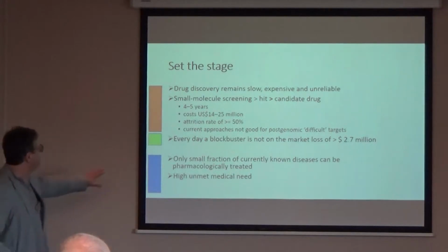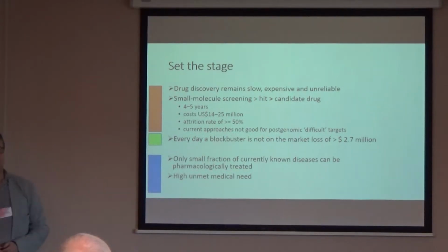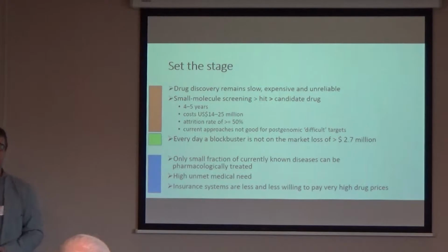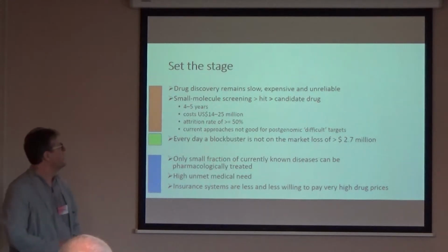From the societal view, or the view of the patients, there is only a small fraction of the currently known diseases which can be pharmacologically treated. In the textbooks you read that something like 30,000 different diseases are described, and less than 500 of these can currently be treated. So there is a high unmet medical need. What is also very clear is that the insurance systems in most of the Western world are less willing to pay for the very high drug prices proposed by the pharma industry. So